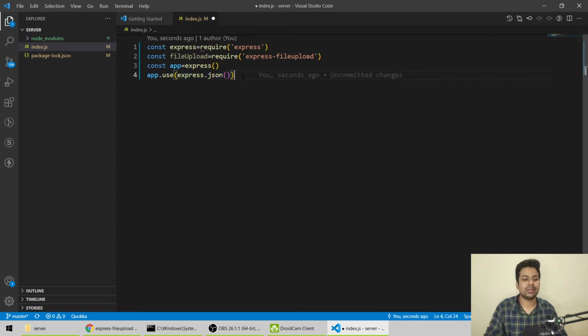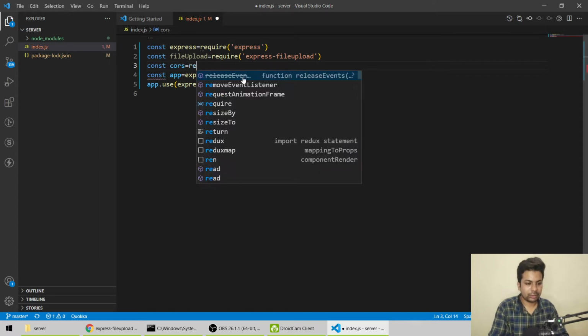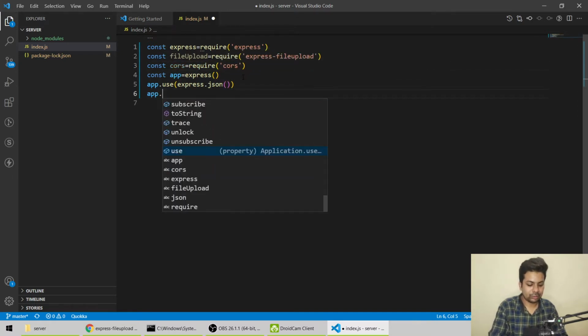And then we can use cors also. Const cors equals require cors.